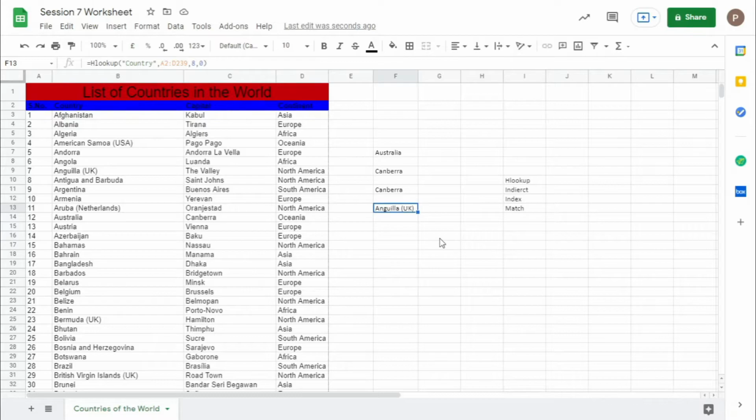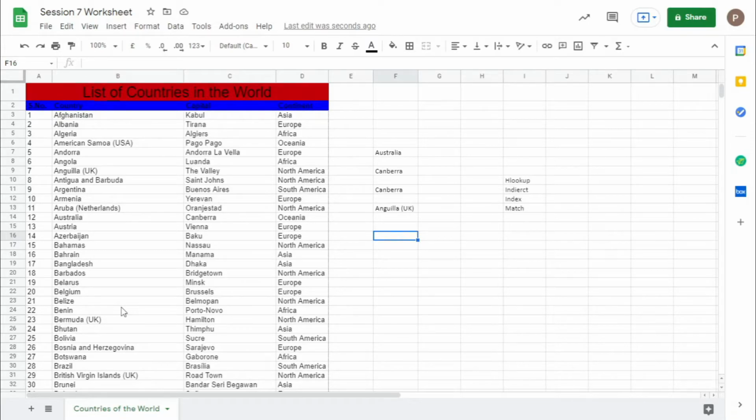So the only difficulty with HLOOKUP and VLOOKUP is they only take the first row or column. So when a capital is given and you have to find a country, using VLOOKUP is very, very difficult.